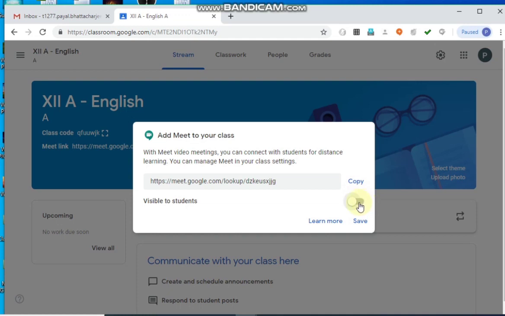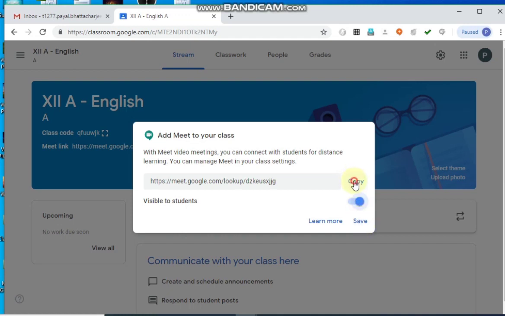But you want that every day whenever the students come into the Google Classroom, they should be able to see the Meet link. If they want to come to the interactive session, then they will just click on that Meet link. So please remember, make this enabled, visible to students.